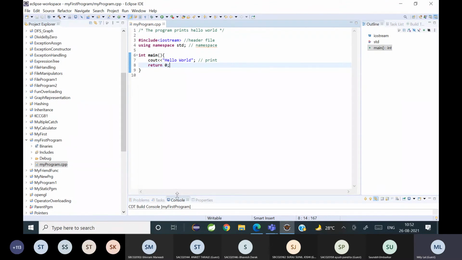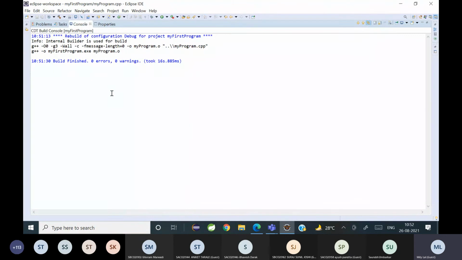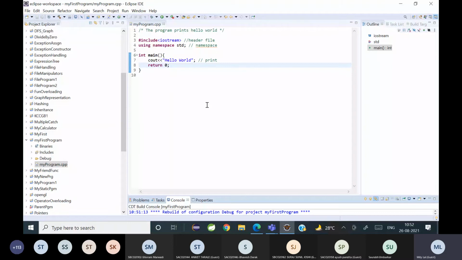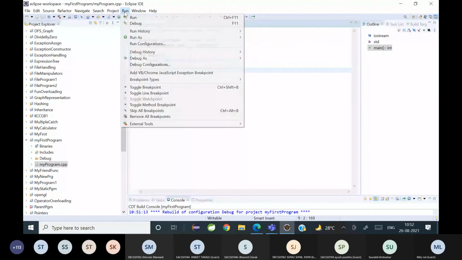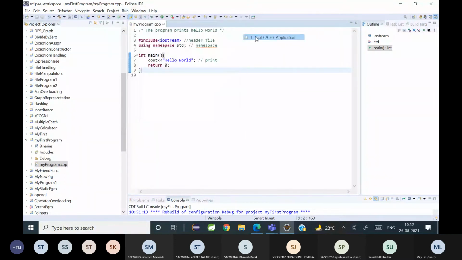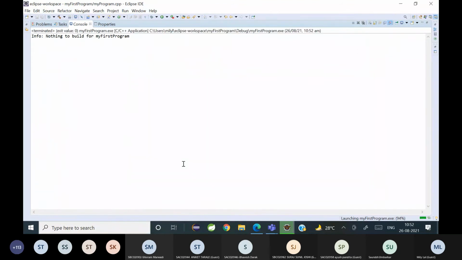Fine. So now let's see the console, what it says. It's built successfully, 0 errors. Fine. So we are safe. Then I'm going to run the project. So the output: Hello world. Got it? Hello, world. Understood? So we have successfully executed our first code. Is it clear, everybody?